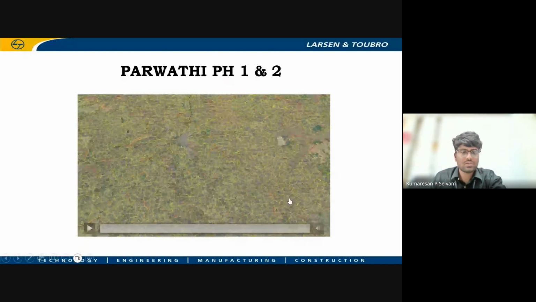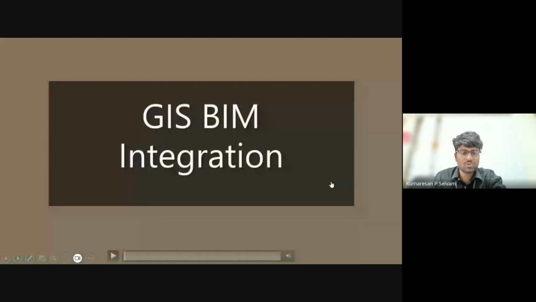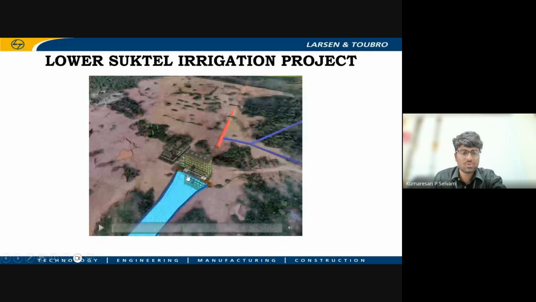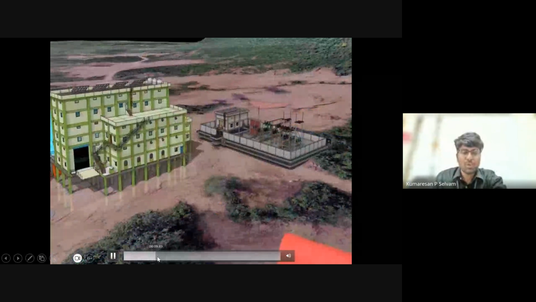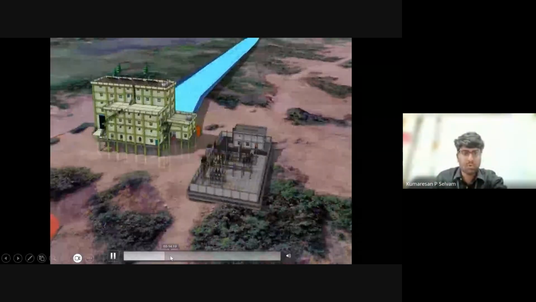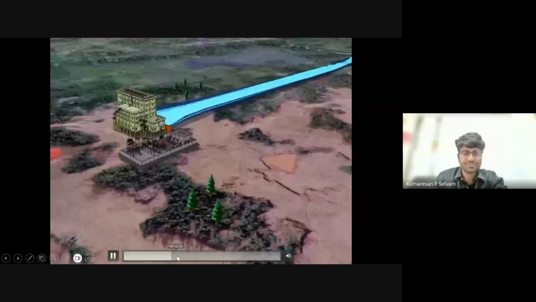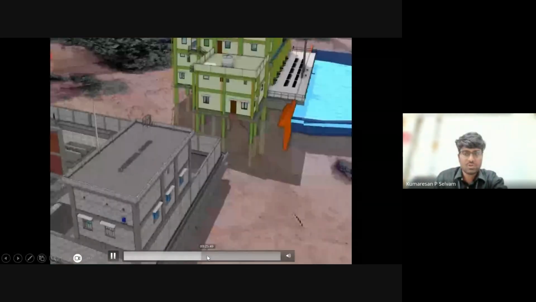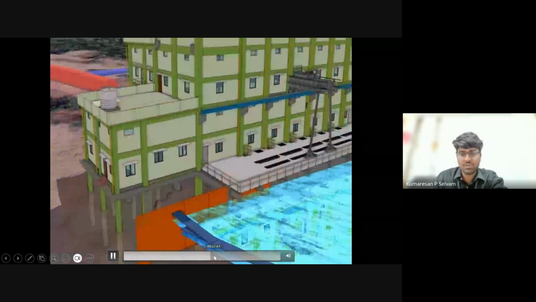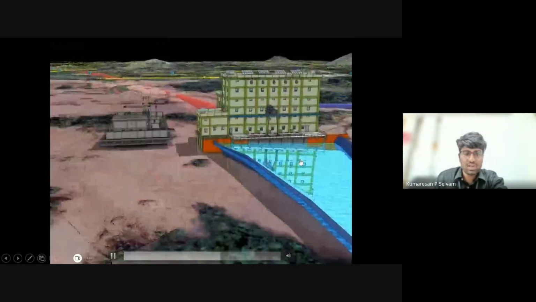This is another project, the Lower Sutkal project. This is also an irrigation project where the pump house is modeled. This is an electric substation providing the electricity required for the pump house. And this is the reservoir where the water is collected and pumped to the whole location.